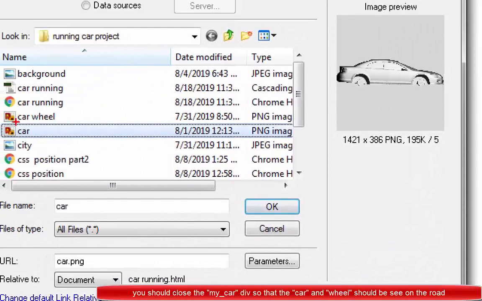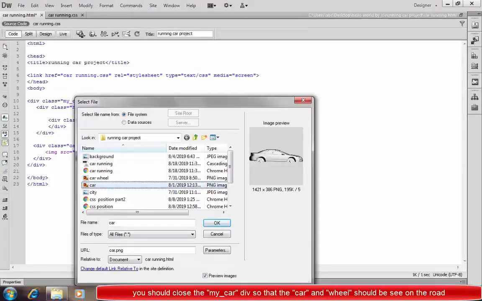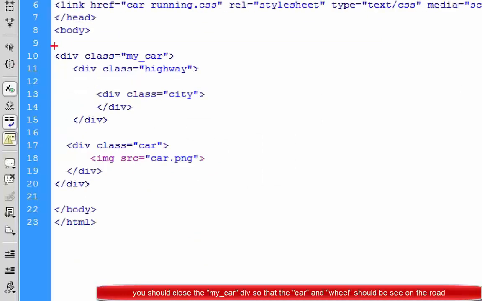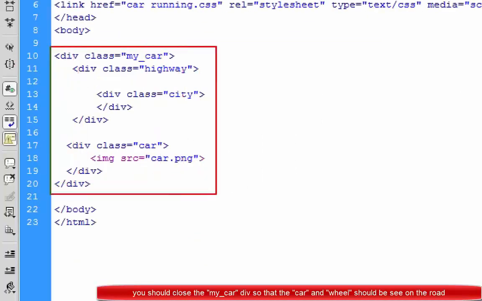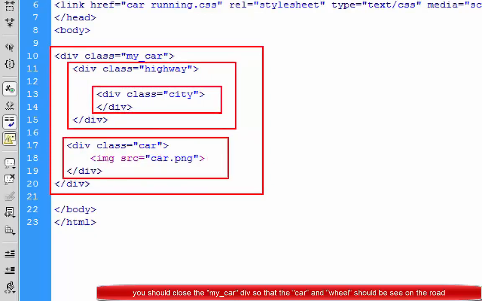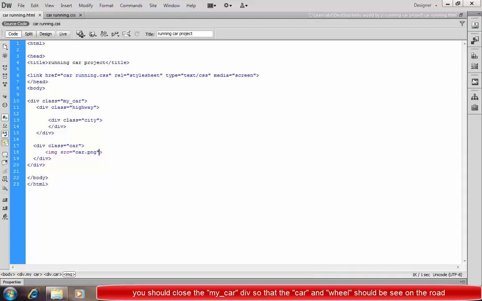You can see the pixels of the car, this is the car and this is the car wheel here. So first we select the car, and after that we select the wheel. So here I just select the car. For the image we use the src attribute here. So this is the total division, and inside the division a second division is created, and inside this the city will be created, and this is another division where no car will be present.